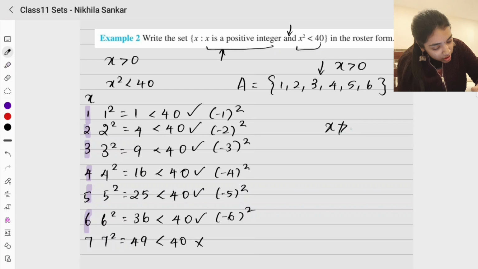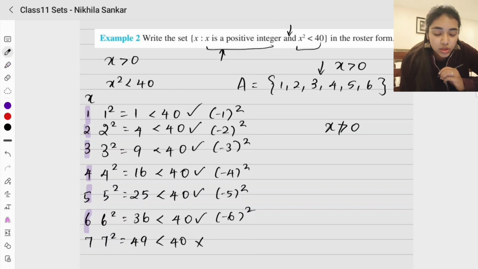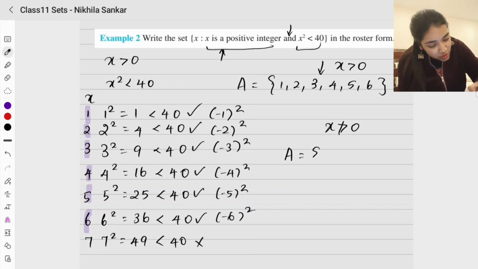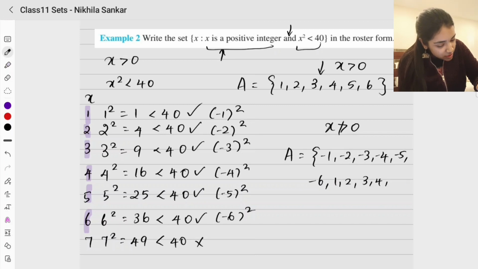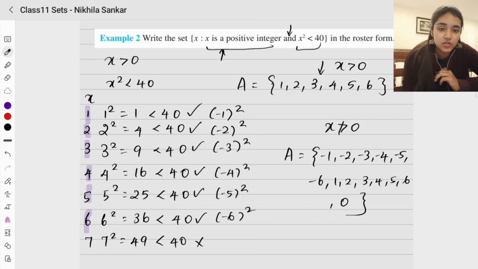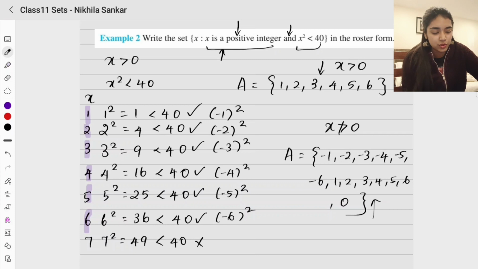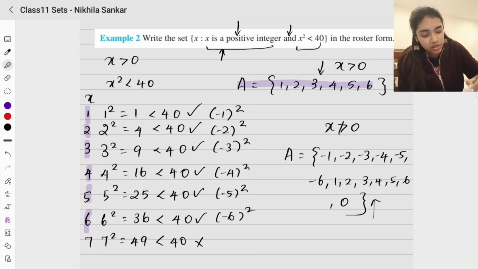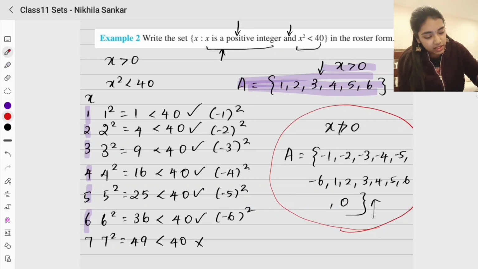When x is not a positive integer, so if no condition is given, your set is going to be minus 1, minus 2, minus 3, minus 4, minus 5, minus 6, 1, 2, 3, 4, 5, 6 and 0. Okay, so this is going to be your solution. If x is a positive integer is not given, this is the solution, but in the question this is going to be your solution. Okay, please don't get confused. So this is just for reference, don't get confused by it. Okay,